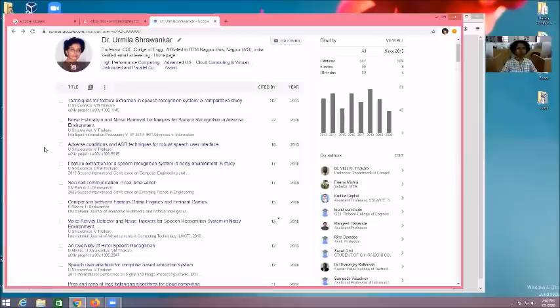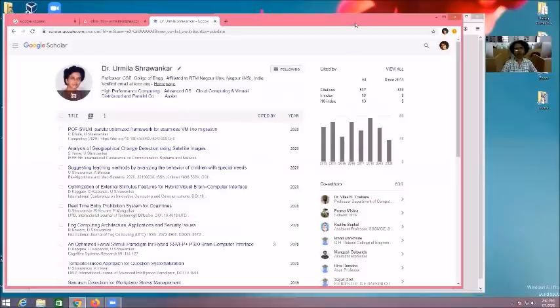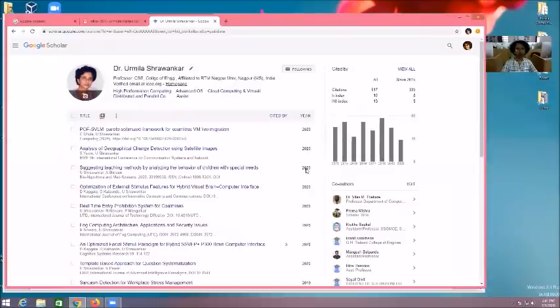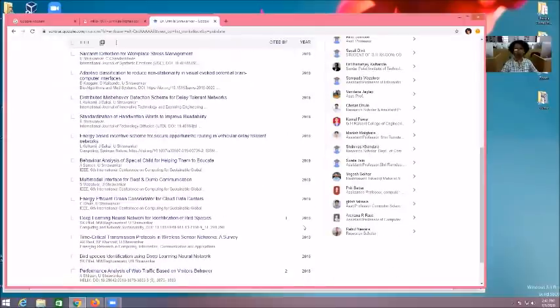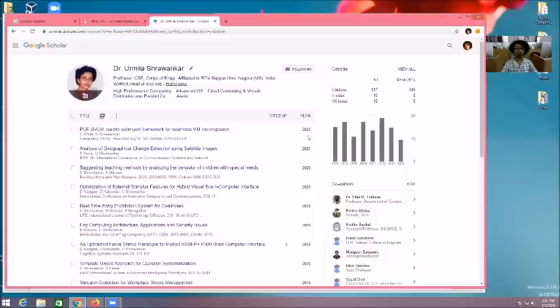Okay. Now at the top of this particular list, there are two or three options available. Now here it is showing year. It is showing cited by. This is sorted by, meaning the highest number at the top and the lowest number at the bottom. Suppose I press year, I will get my list as year-wise publications. Here you can see 2021, 2020, 2020, 2020, and then 2019 and so on. That means you will get the papers according to the year of publication.